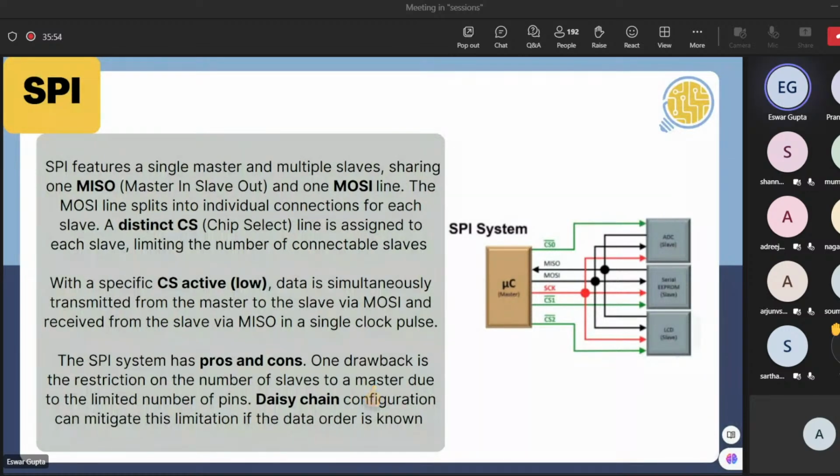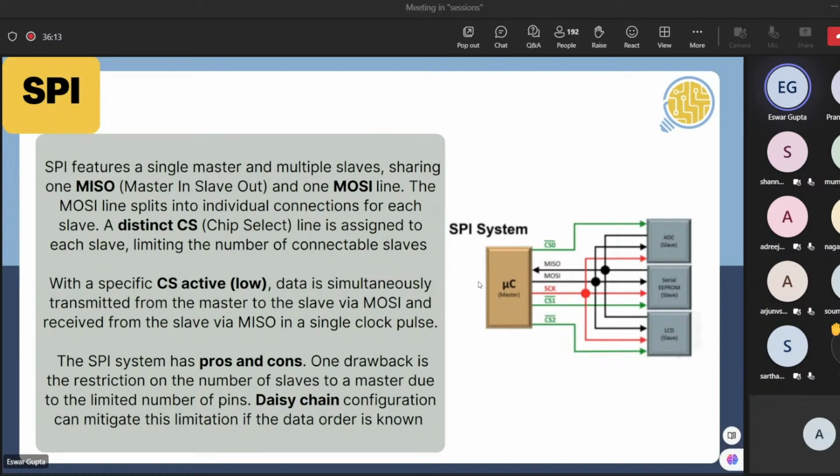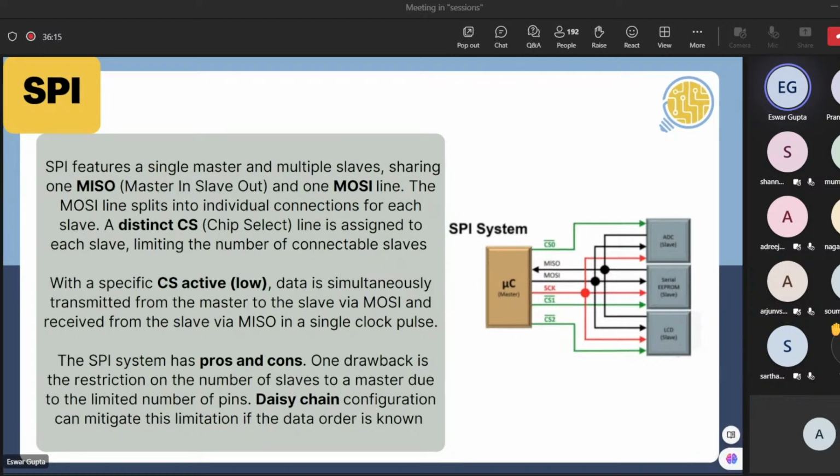Okay. So what I was saying, the chip select line. If the chip select line is active, that particular slave will respond and do the command. Here I said the chip select is active low. Active low is nothing but, generally what you would think of as high, that is, when the signal is 1, then that is active, and when the signal is 0, that is inactive. That is not always fixed. It changes depending upon the condition.